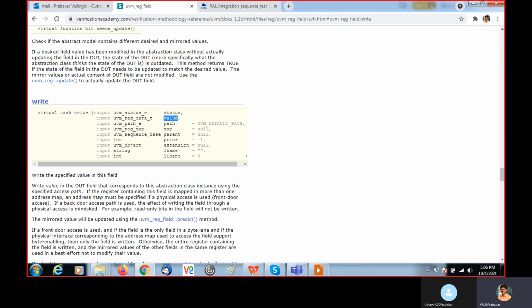While writing, we need to pass the corresponding value which we need to write. This is of type UVM data key. UVM path is the UVM default path. UVM map is null, parent is null, then clear and extension. All these are the argument fields available by default.